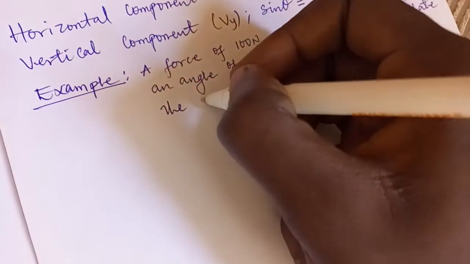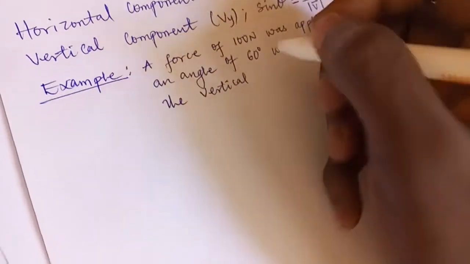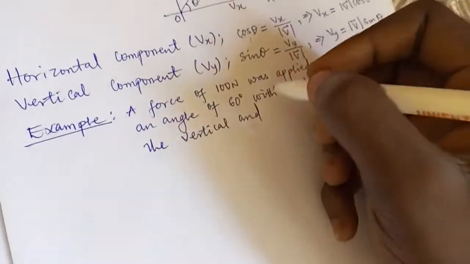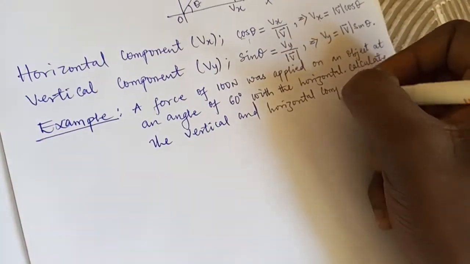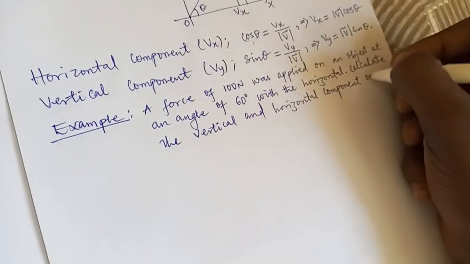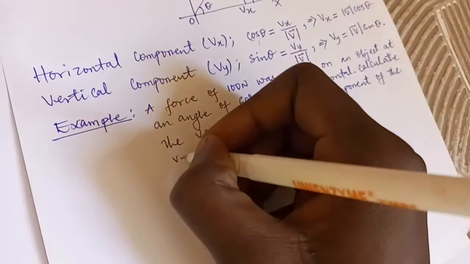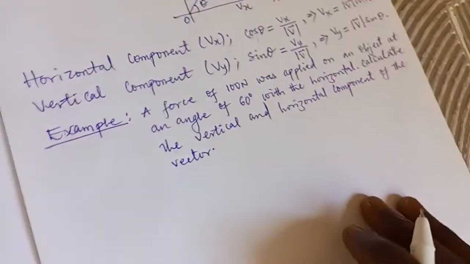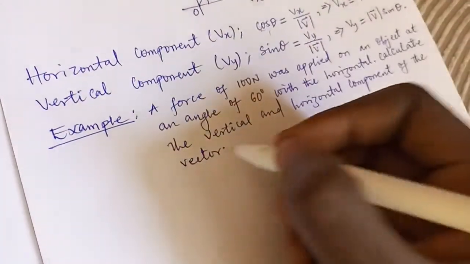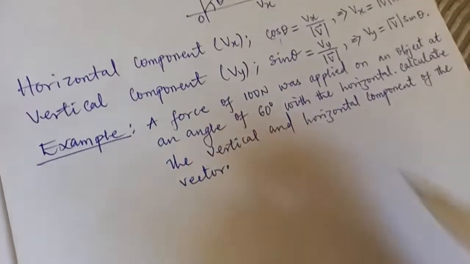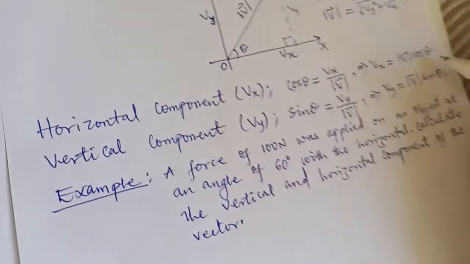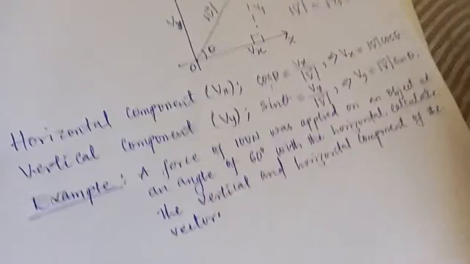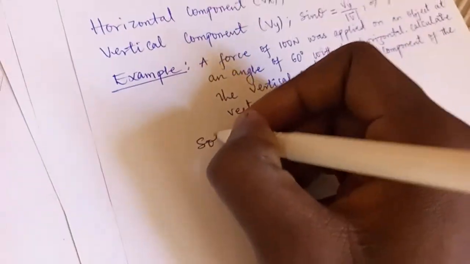Calculate the vertical and horizontal components of the vector. This is an example created to illustrate what we've learned, to see how to apply these two formulas to get the vertical and horizontal components. So to solve this simple problem,